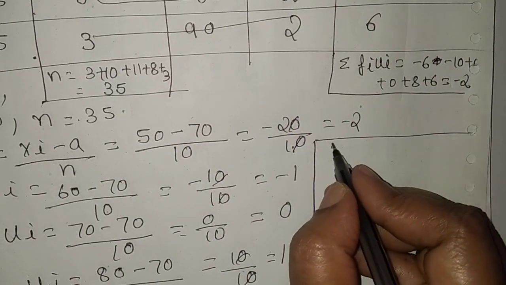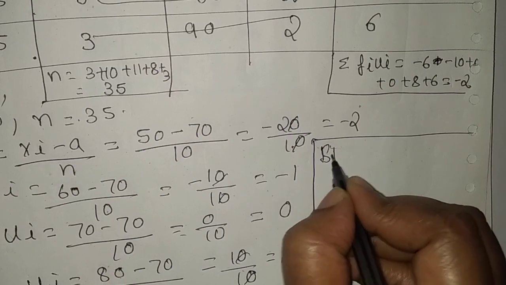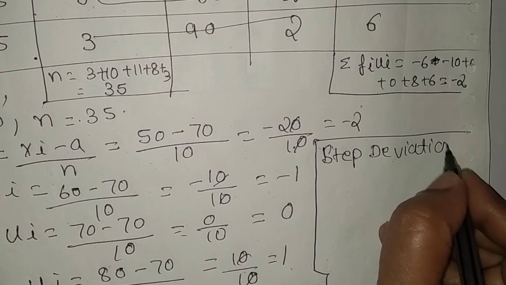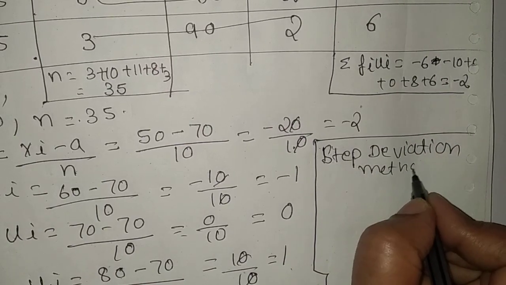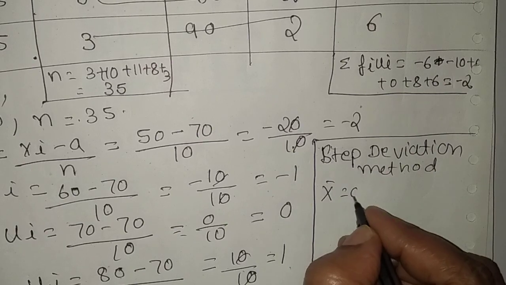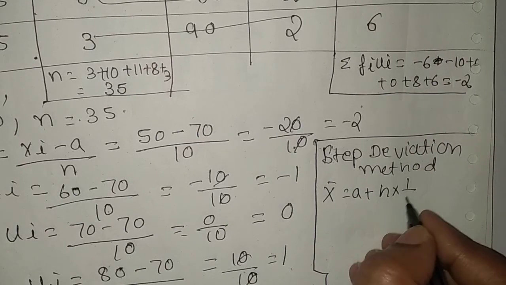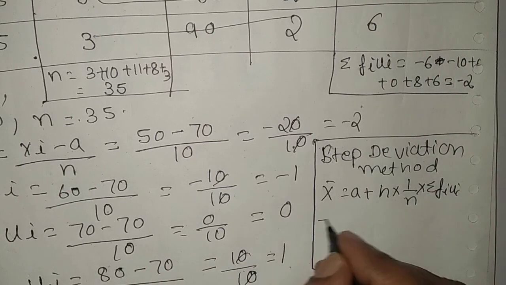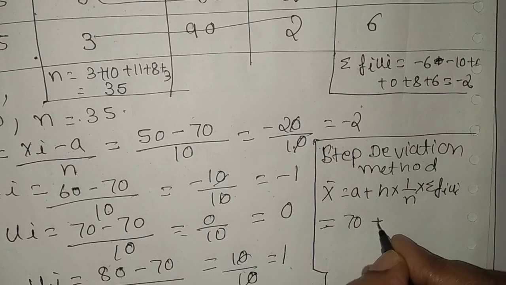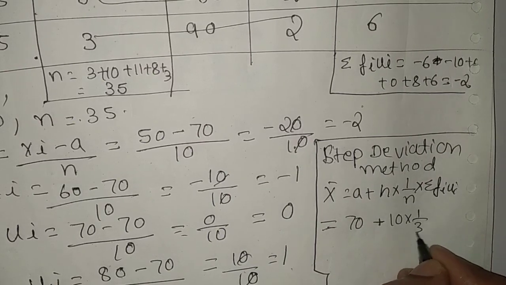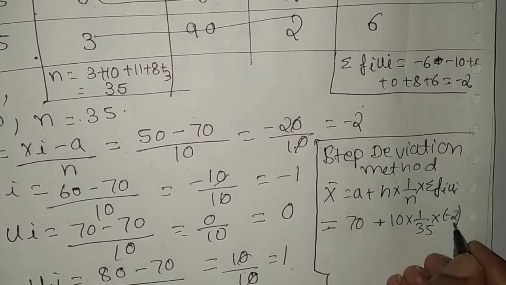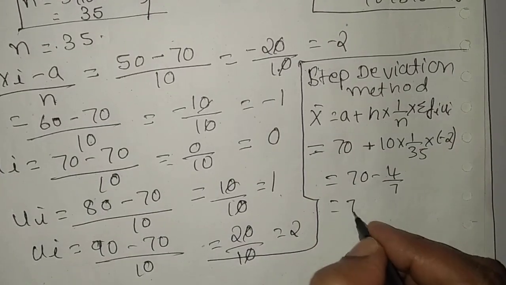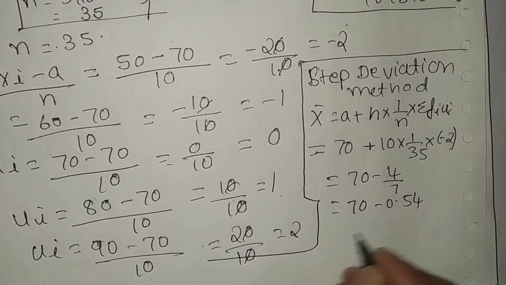Now applying step deviation method. So x bar is equal to a plus h into 1 by n into summation of fi ui is equal to a is 70 plus h is 10 into 1 by 35 into minus 2 is equal to 70 minus 4 by 7. So 70 minus 0.57, which is equal to